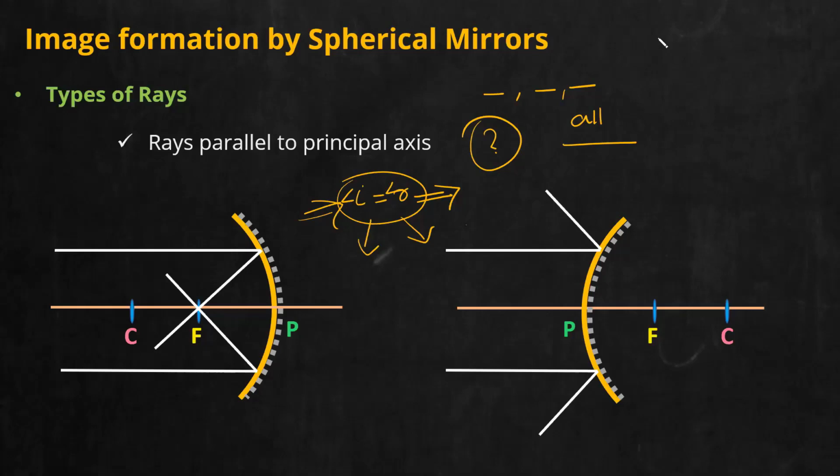Just answer it first. What is the second law of reflection? The angle of reflection and the angle of incidence and the normal are in the same plane. Wrong, wrong, wrong. Is it angle of incidence?